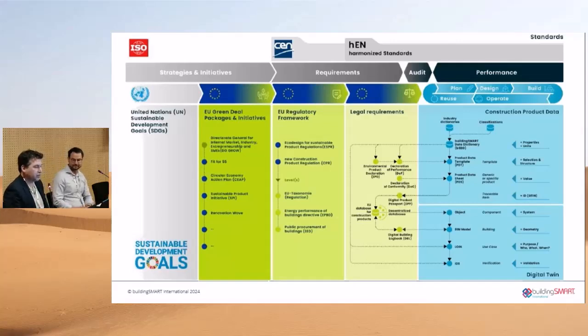Yeah, there's also often, we try sometimes to skip steps in the process, right? We want to directly have a digital product passport without having a dictionary, and that's actually impossible. You have to tell them first, create the data dictionary with your industry. Ideally, gather together with all other countries' associations and do it at least on European level or international level to create such a dictionary. And that's the first step you have to do before you start with the digital product passport.